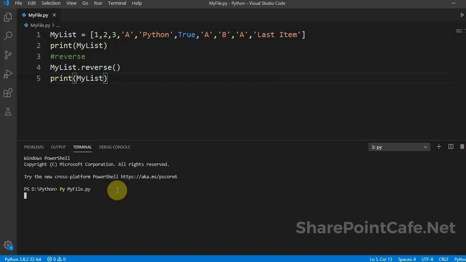So once I will execute this, see, it will print the list item in reverse order. So last item will be the first.